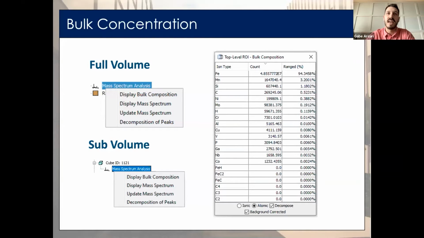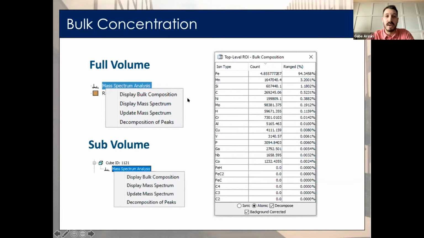So in addition to segmenting our data into small regions of interest, or by using our 3D grid, which I've just briefly gone over, we can then begin to quantify the atomic contents of these regions. The most common way is by using concentration. The simplest way is by measuring the bulk composition.